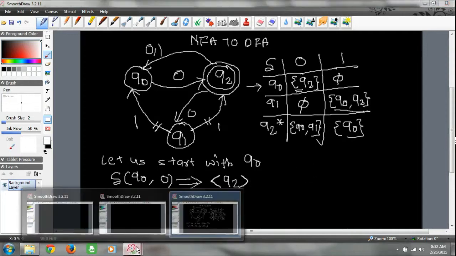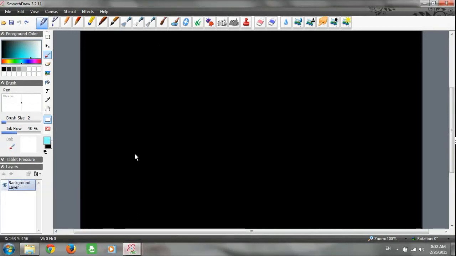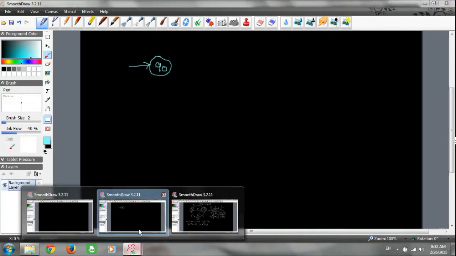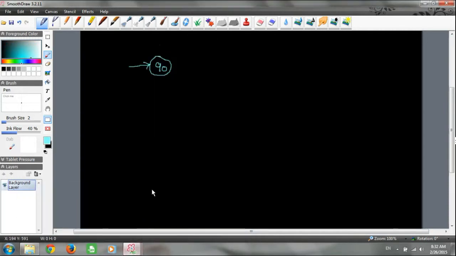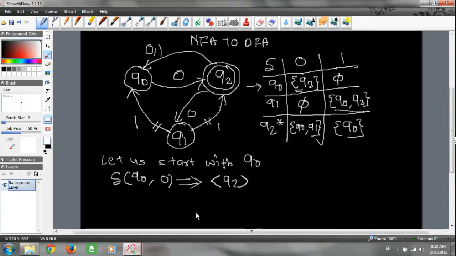So how is our DFA getting generated? Let us draw our DFA here. In your resultant DFA, your first state is the same as in the NFA, so that's why we have taken Q0. Then we have got our next state, which is Q2. So you need to show that Q2 here. So this is Q0, this is Q2, and this Q2 got explored on taking 0 on Q0.